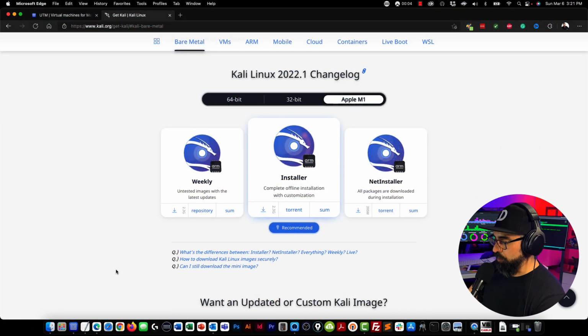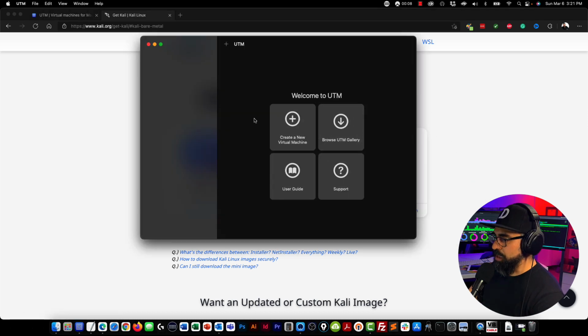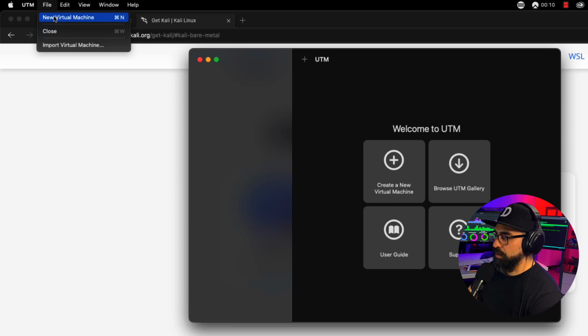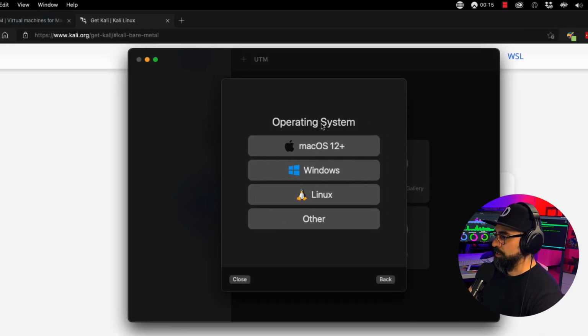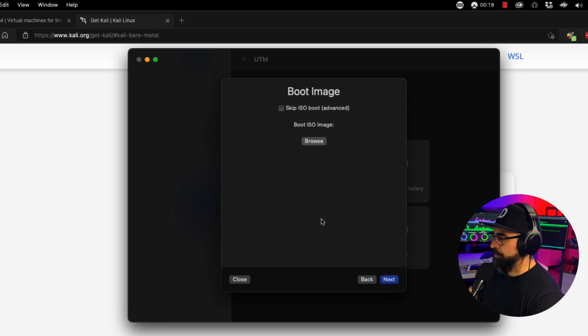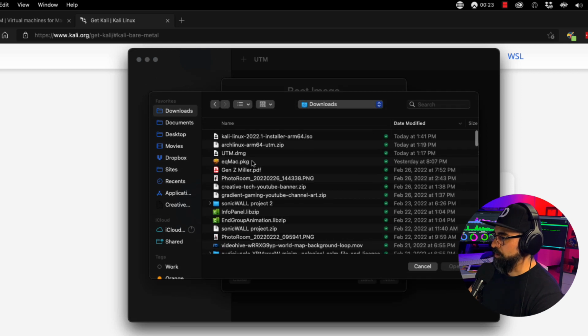Okay, so now we're going to install it on the UTM app. All right, so I'm going to open up my UTM app right in here. And next, I'm going to click on File, New Virtual Machine. And I want to virtualize. And then in here, Operating System, I'm going to click on Other. Browse my ISO that I just downloaded. So downloads and then Kali Linux